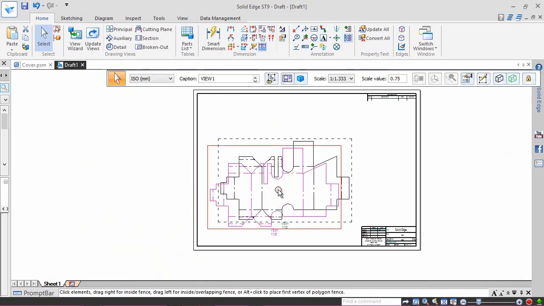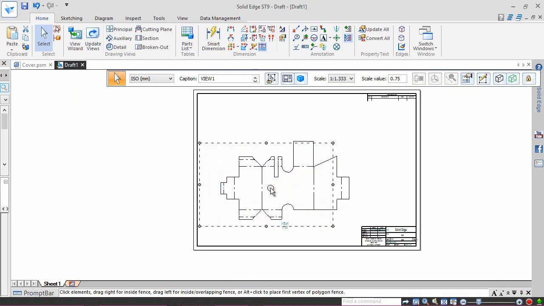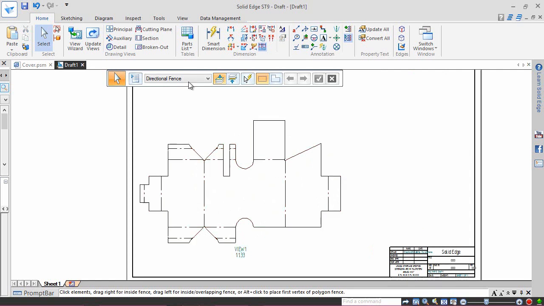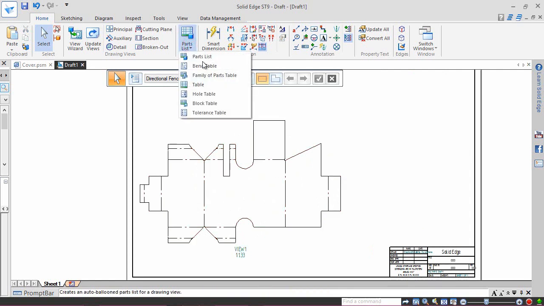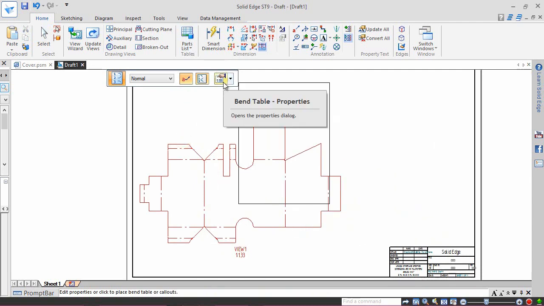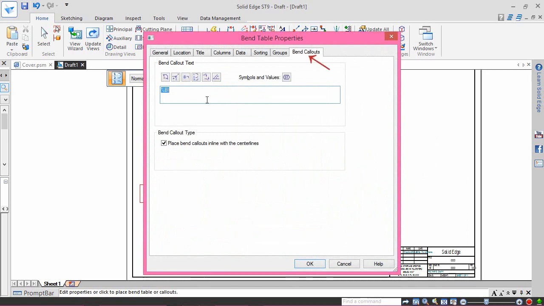Now put the bend table in the drawing sheet. Activate the command and click on the Place Drawing View. Make changes in the properties of the bend table.